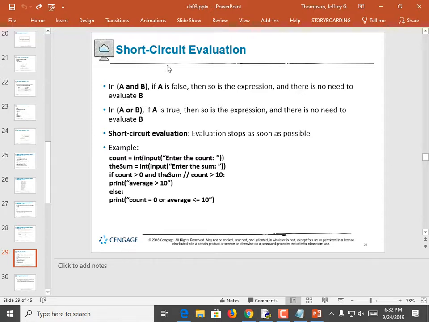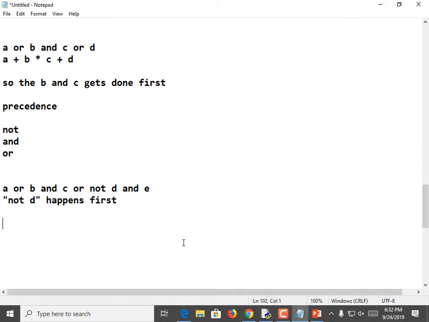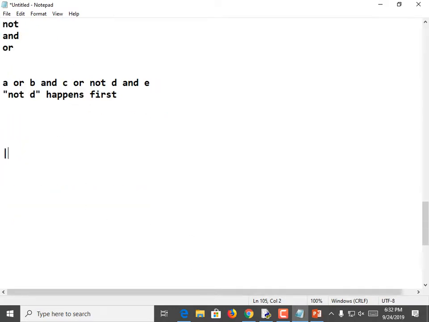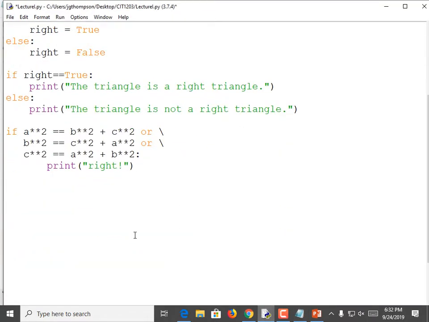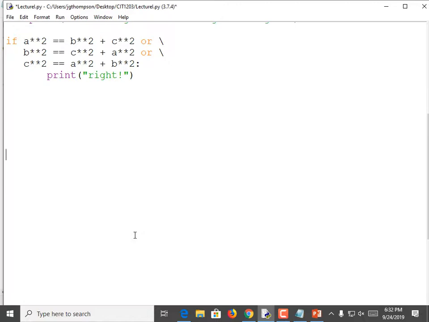Yeah. Cool deal. So short circuit evaluation. And is like nested ifs. What do I mean by that? Well, we may as well actually type it into IDLE. We may just have a little field for you to type in that you were here. Anyways,